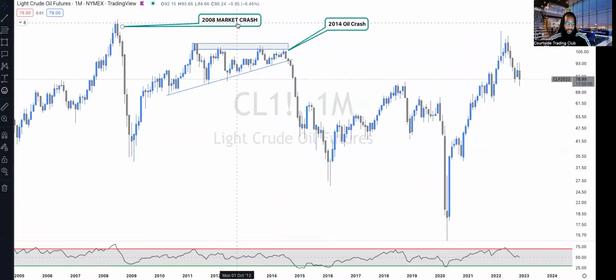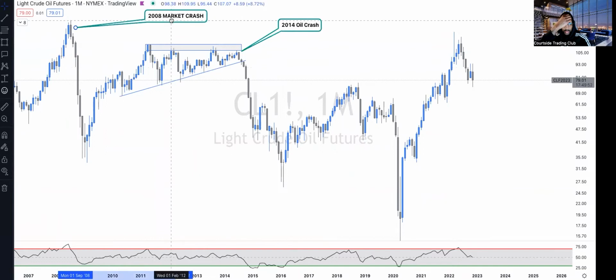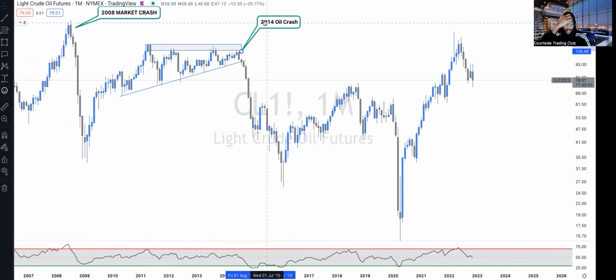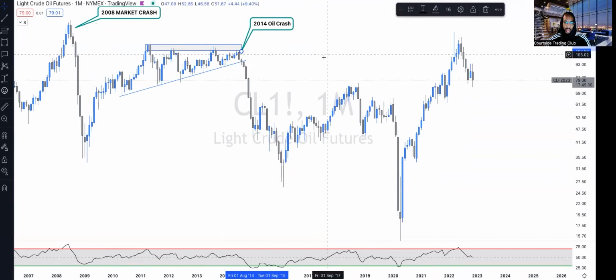As you can see, I do have some markings on here from the past, just to let me know what happened last time. There was a market crash, the reaction from it, the oil market crash. All right, what it looked like before and after. This type of stuff is important to me when I'm doing some backtesting and getting an understanding of what may happen in the future when it comes to different economic news releases or just world news releases, like the Russia situation going on right now with the Ukraine war,